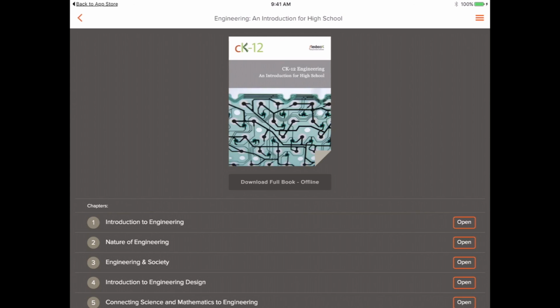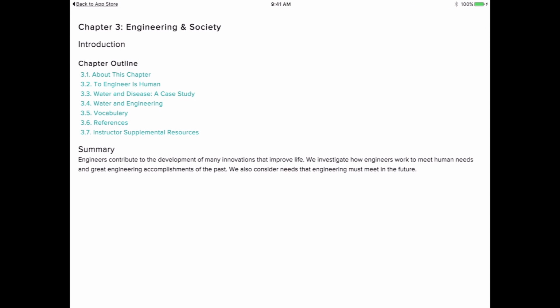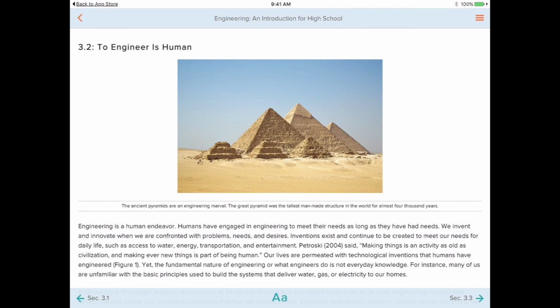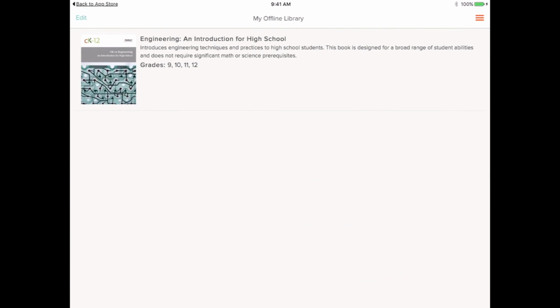Let's say I'm going to open up Chapter 3. I can now see this chapter and navigate just like I did when I was using it online. But I can also click on the chapter and go to the top right and look in my offline library. You'll now see that that library includes this entire book. I can go back